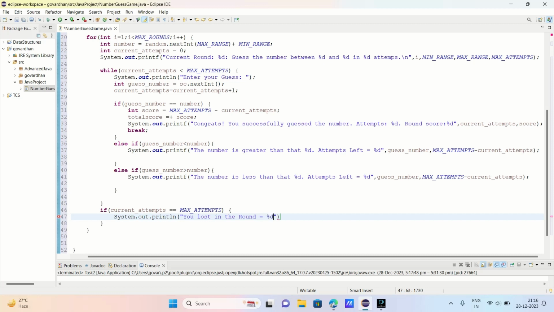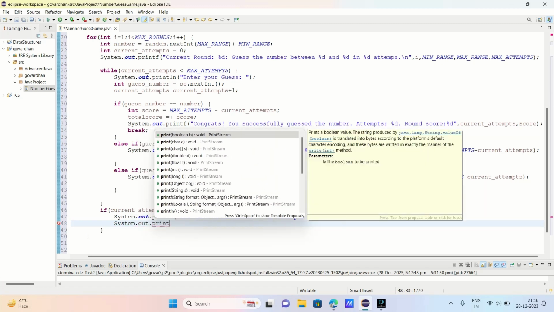So I'm going to use printf here also. While using %d, we have to use printf. Don't forget that. Next, I'm also going to print the attempts equal to 0. He used all his attempts without guessing the correct number. So yeah, that's it. Next, I'm also going to print the number that he didn't guess. printf